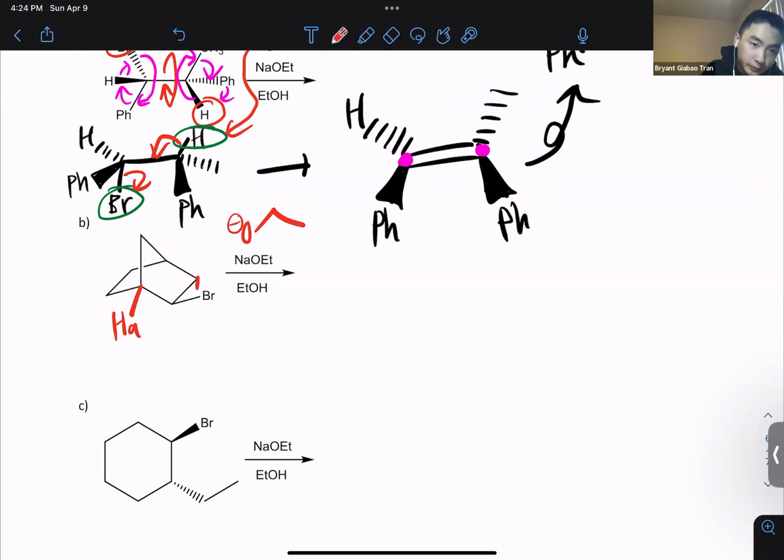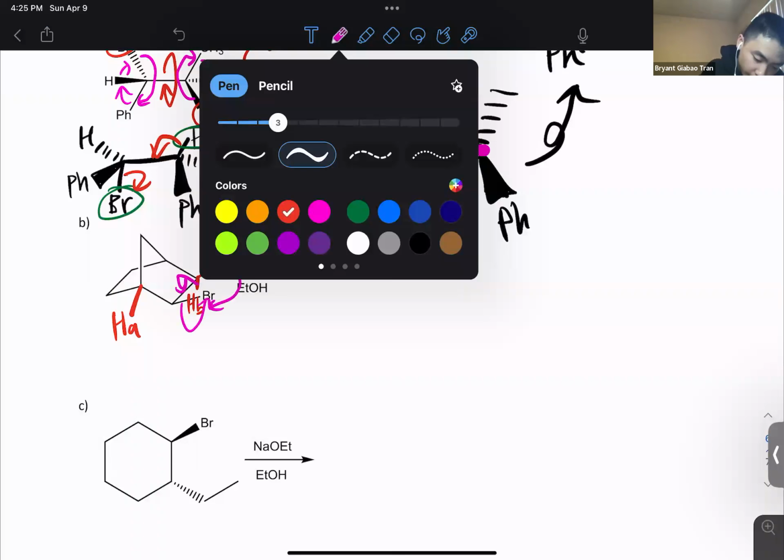Whereas this hydrogen here can be twisted or rotated enough to become anti-periplanar to the leaving group, which is why the ethoxide, small strong base strong nucleophile, will go ahead and attack that hydrogen B, form the double bond there, and then kick off the bromine leaving group, giving us